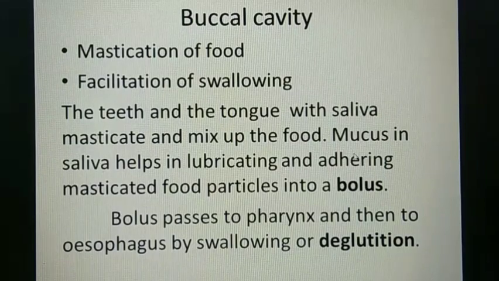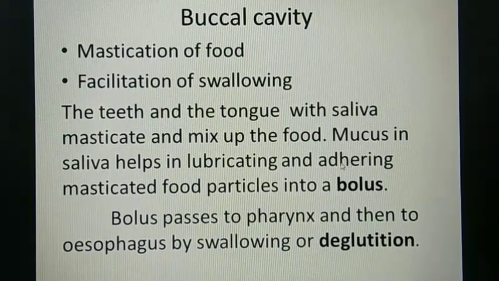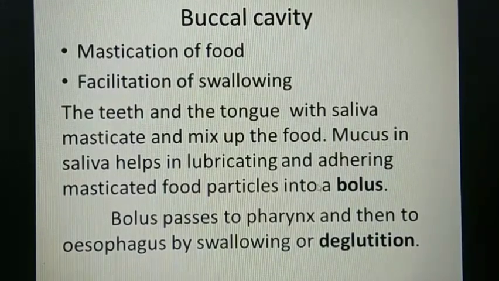So these partially digested food particles will come closer to each other and adhere. Adhere means to come closer to each other and form a structure called bolus. This bolus passes to pharynx, next part of the digestive system, and then to esophagus by swallowing, or